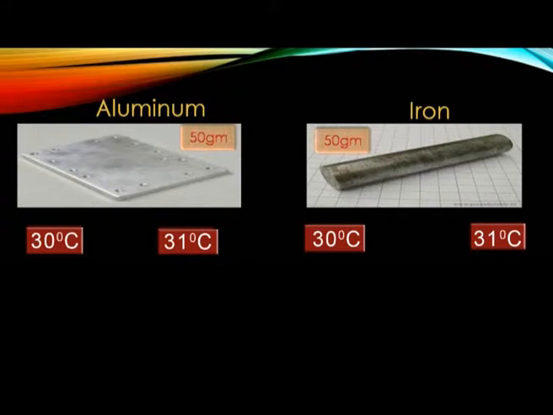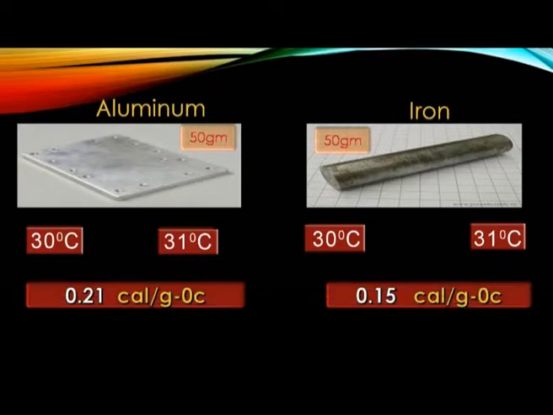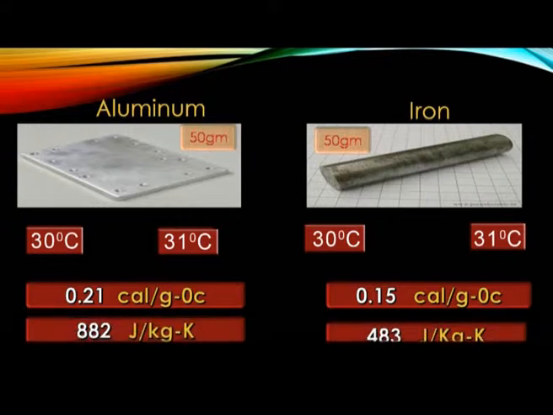Now just see, the specific heat of aluminum in CGS units is 0.21 calories per gram degree centigrade and for iron 0.15 calories per gram degree centigrade. In SI system, the specific heat of aluminum is 882 joules per kg Kelvin and for iron 483 joules per